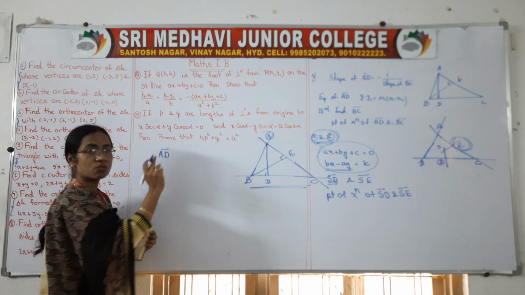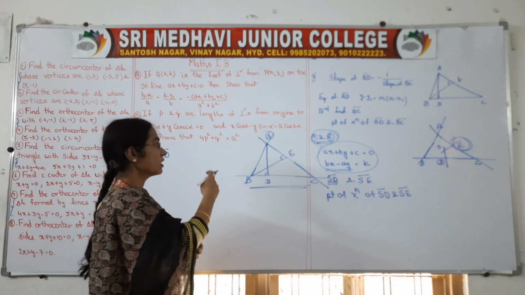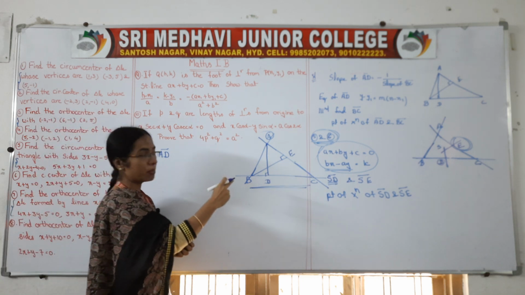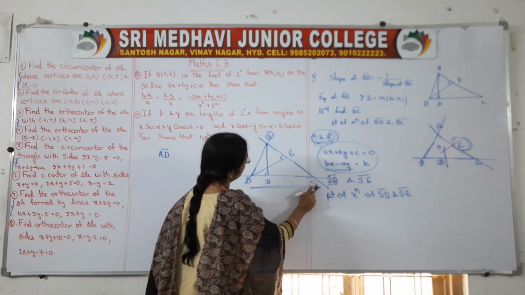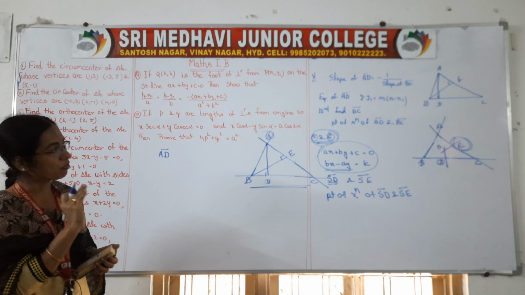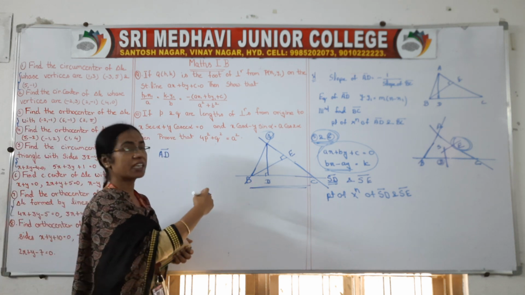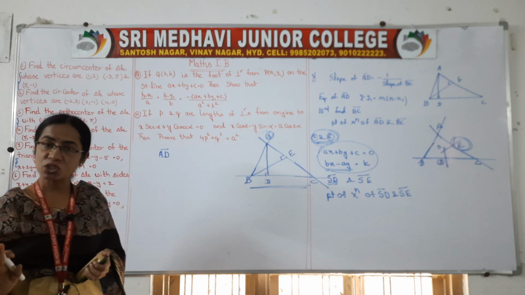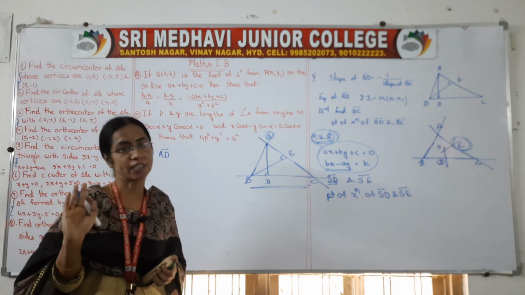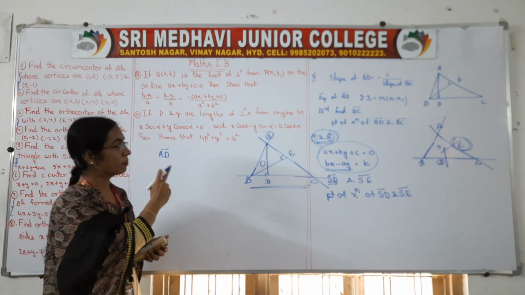So once again, first we have to find the three vertices A, B, C. A is the point of intersection of AB and AC. B is the point of intersection of AB and BC. C is the point of intersection of BC and AC. After finding the points of intersection, we need to find the equation of AD and the equation of BE. They are the altitudes. The point of intersection of altitudes is called the orthocenter, and it is denoted by O.